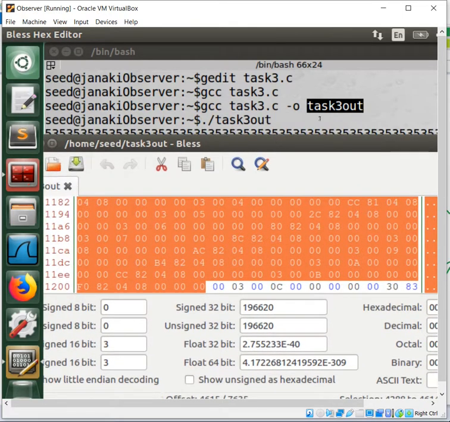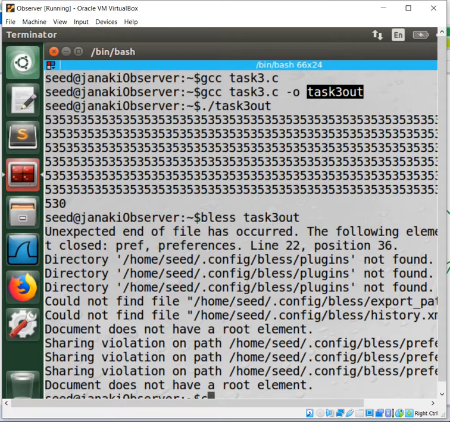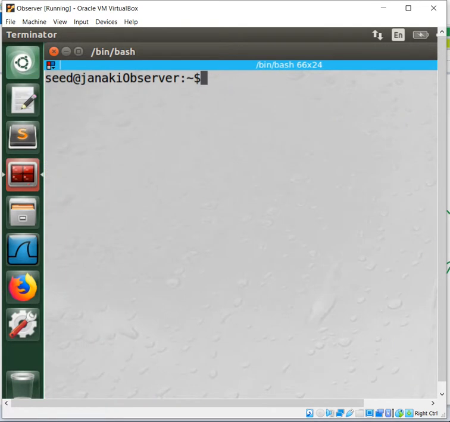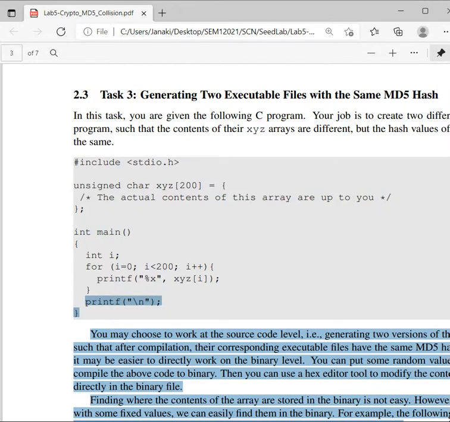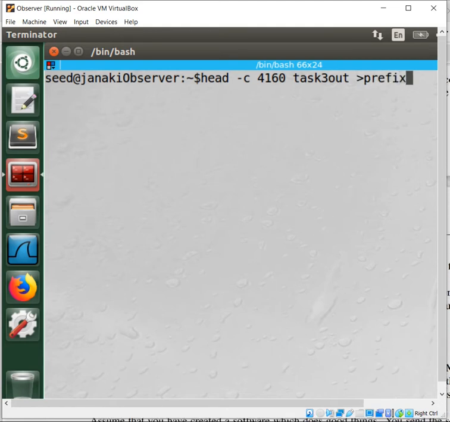How will we save the suffix and prefix files? I will clear the screen first. We make the suffix and prefix files by using head and tail. head -c 4160, from head starting from 0 up to 4160. My file name is task3.out. That I will write into a file called prefix11, because maybe I already have a file called prefix.